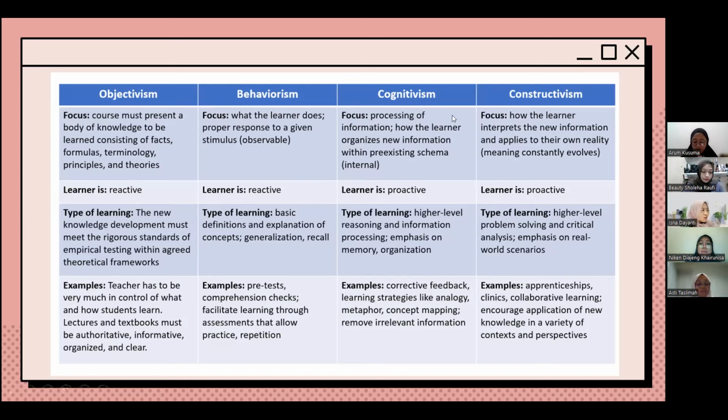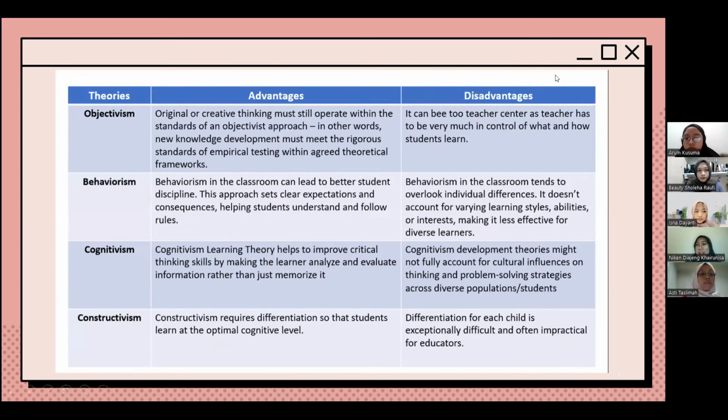And for the examples, apprenticeship, collaborative learning, and encouraging application of new knowledge in a variety of contexts and perspectives. So these are the differences among these four concepts. And for the next, I would like to discuss the advantages and disadvantages